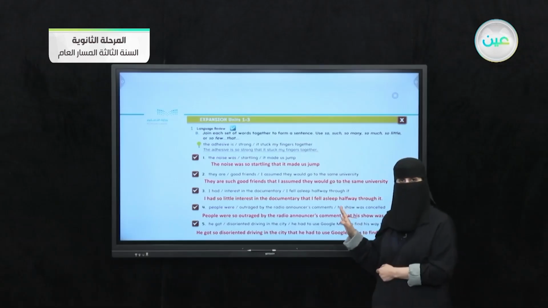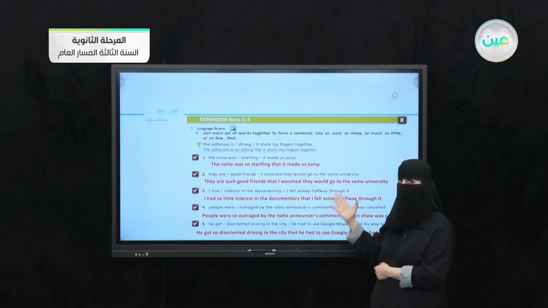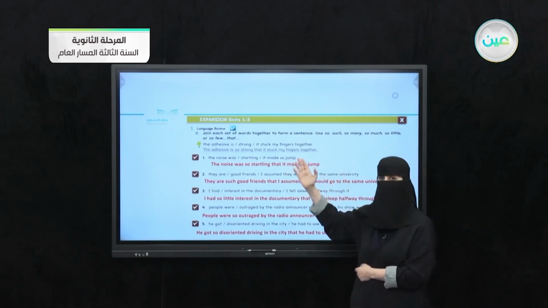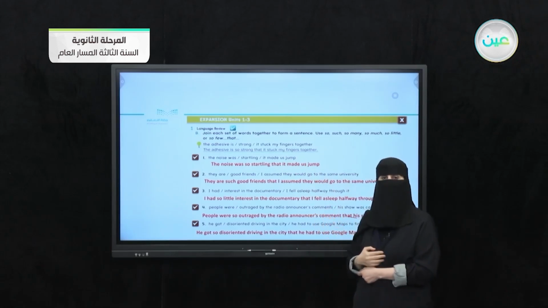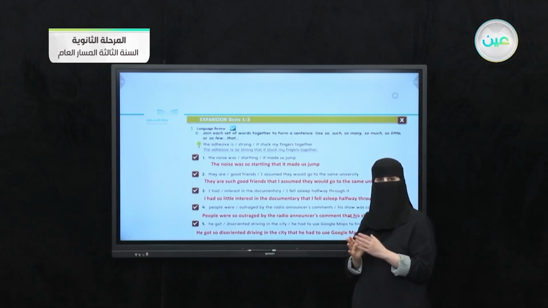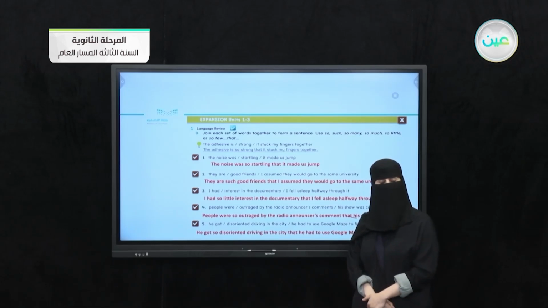According to this question, we want to make a revision again about this expression. What is that expression? So, such, so many, so much, so little, so few, and the expression that. And why am I using this? If I want to make a sentence with cause and effect, I should use this expression with it. And if you need more details about this grammar, you can return to your pupil's book on page 22 from Unit 2.